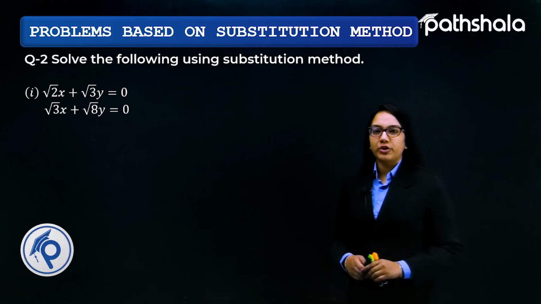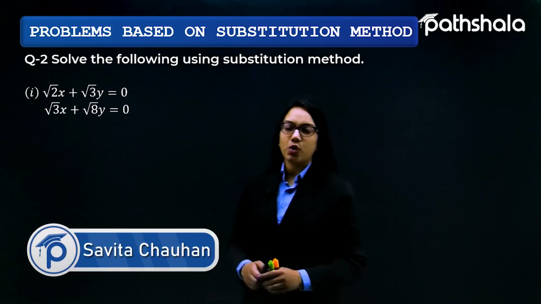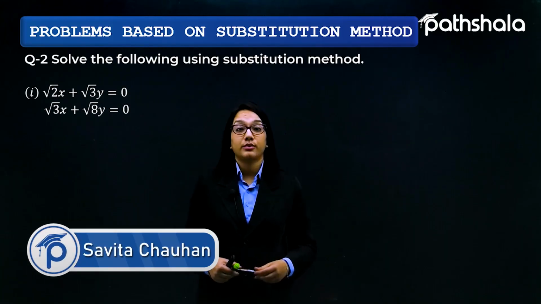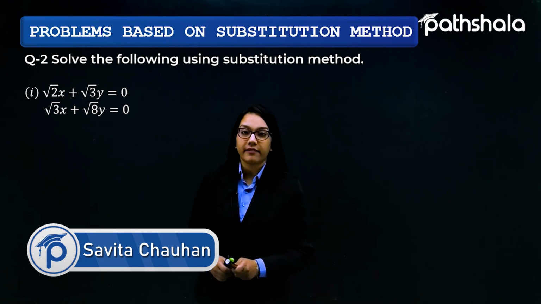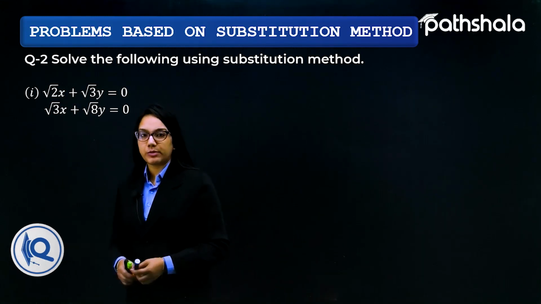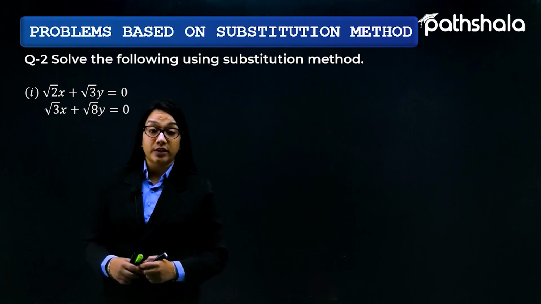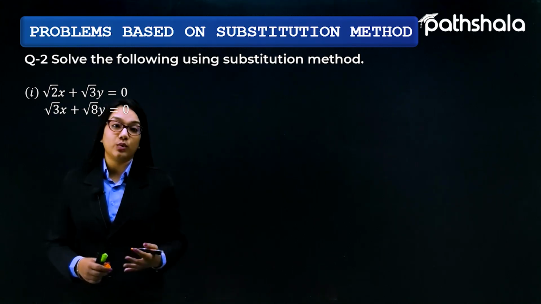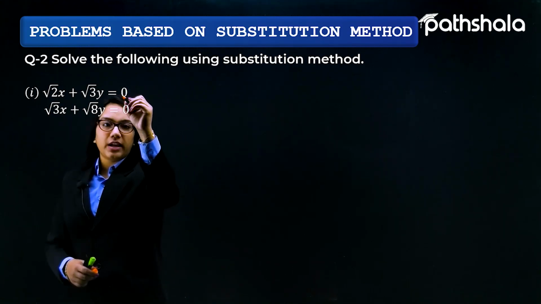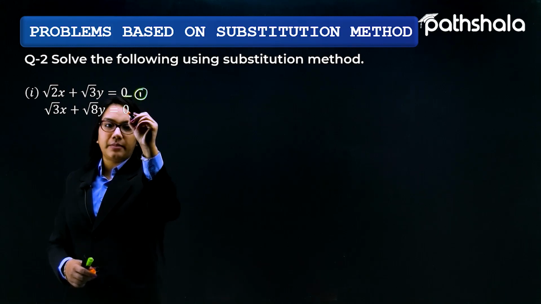Now let's move on further towards question number 2. It says solve the following again using the substitution method, and the very first part is √2x + √3y = 0, √3x + √8y = 0. Let us suppose I am taking this equation as equation number 1 and this as